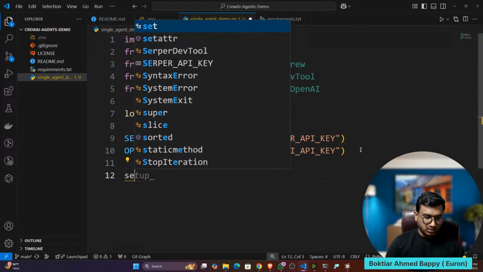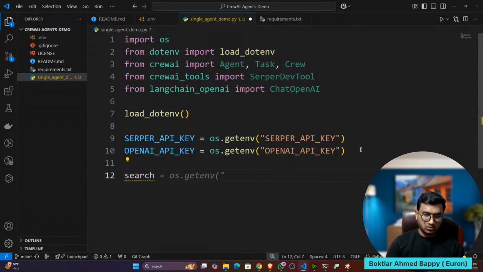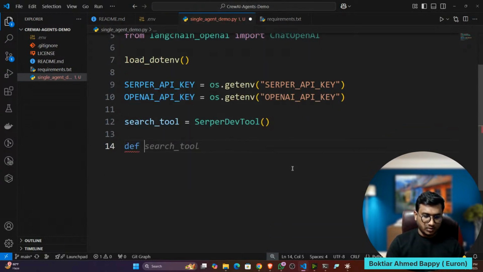So here, let's define search_tool equal to SerperDevTool. Then after that, let's define a function. I'm going to name it create_research_agent.